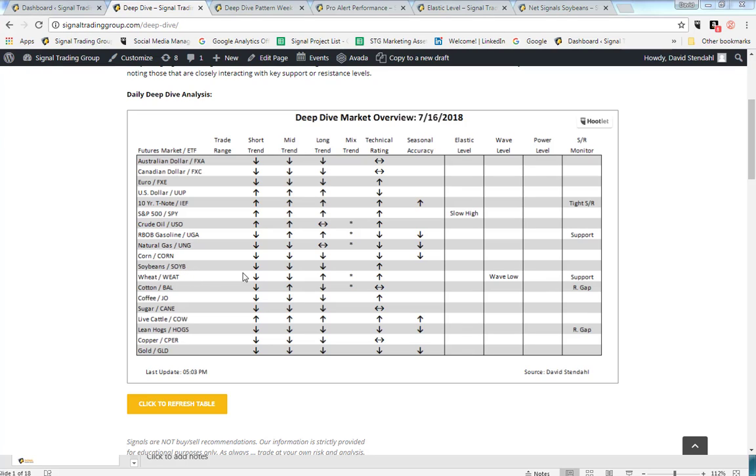Now, anybody that's been trading, we know that on the daily bar basis everything has been pointed to the downside with the trends, but we have a technical rating which is pointed to the opposite side, to the plus side. Whenever you get a conflict between all three of the trends pointed down and a nice little pop to the upside with the technical rating, it generally means that there's something taking place and you should really do some additional investigation.